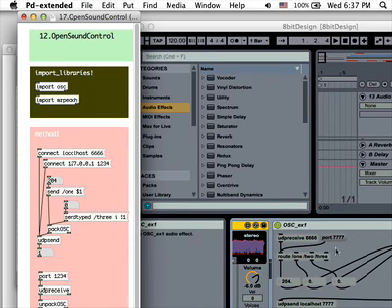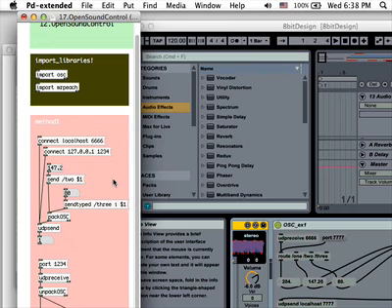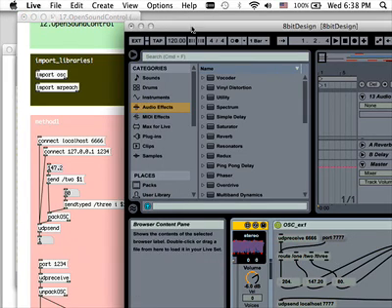So let's change here, instead of 1, let's put 2. And let's move it here, and then you can see that the 2 is moving here in Ableton Live. And so on. We can put 3, and in this case, 3 is untyped. You can see that we can send also floats. Here we are sending floats. And yeah, this is the first way of doing UDP communication